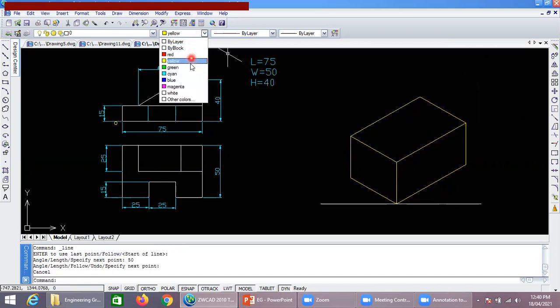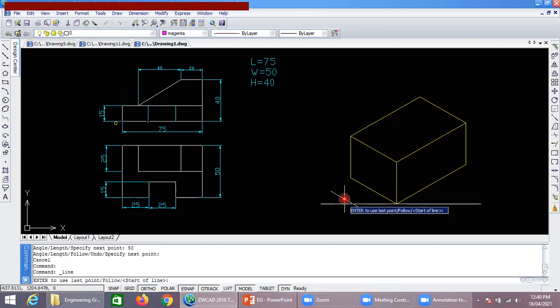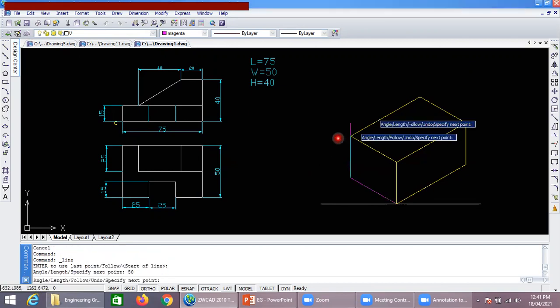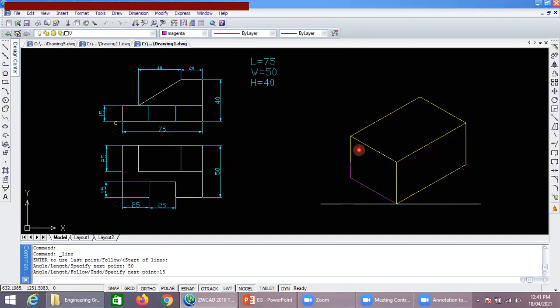Now we are going to draw the object. See here, this is the base plate, part number 1. This is part number 2. This base plate, from the top, we can see it is extended up to 50 mm. So let's construct the base plate. From this point, go behind by 50, then go up by the height, which is 15.